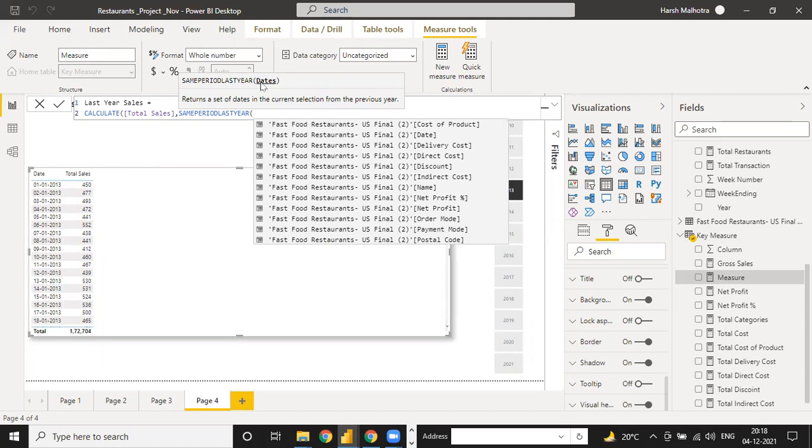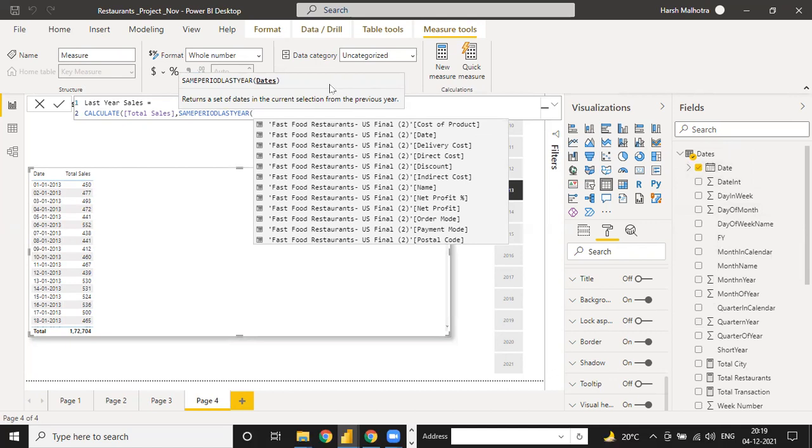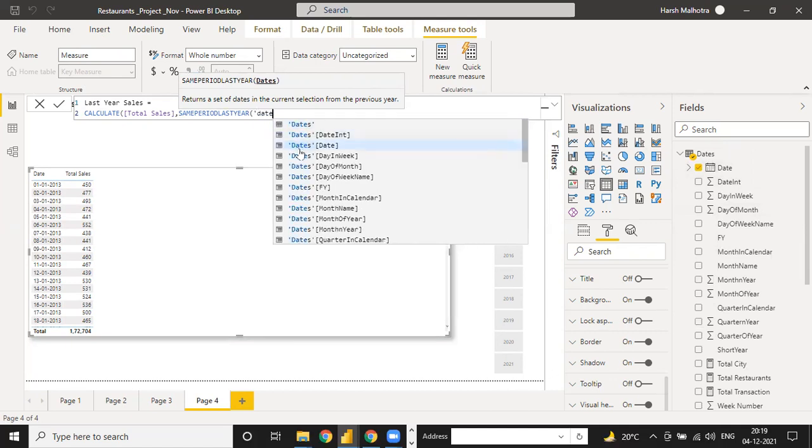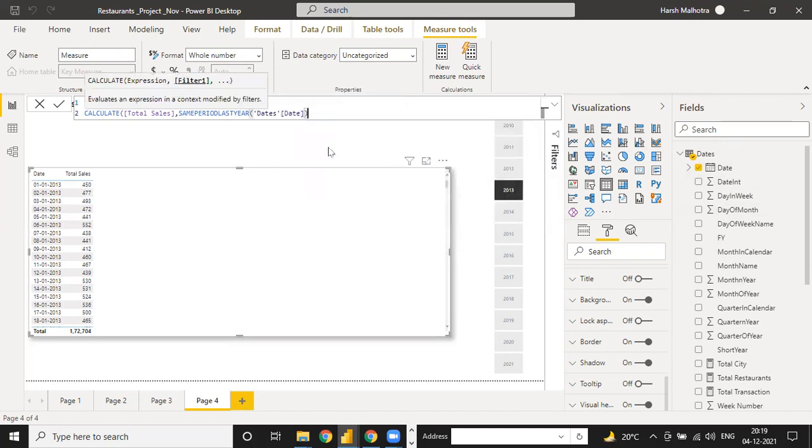See, when you see dates, it means you have to select the column of the date from the date table. If you only find date, then you should select the complete date table. There are two different things, date and dates. Dates means you have to select the column, and date means you have to select the whole table. So what is the table name of dates? Click dates of this date column. See, dates is the table name and date is a column. So I select this one and close the bracket,